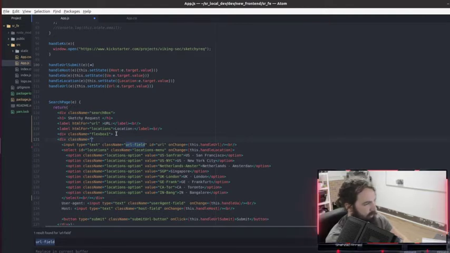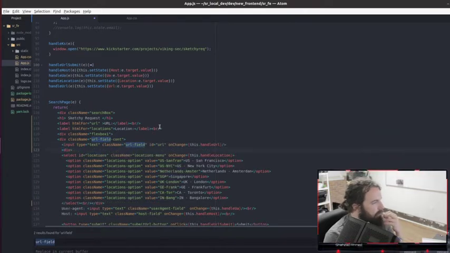This is gonna be URL field container. We don't need a line break after URL field anymore. And we can throw label in it.